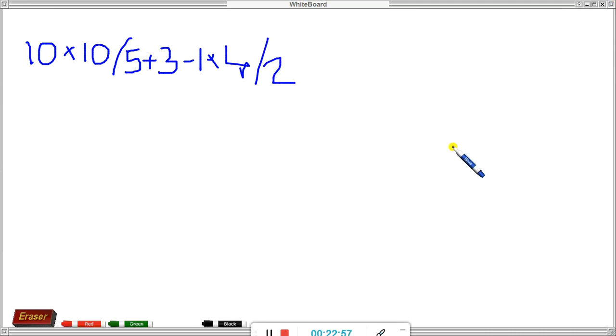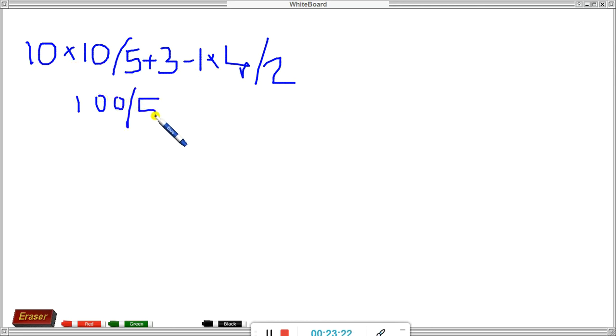Okay, so this is our expression. So we know that multiplication and division is having the same precedence, and plus and minus is also having the same precedence. And if we have got all together, then first we will go from left to right. So this is 10 multiplied by 10, so it will be 100